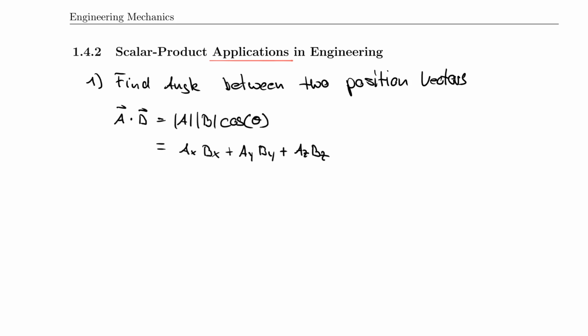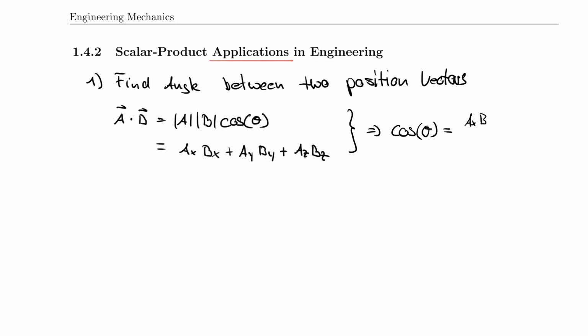So I can set them equal and really solve for this angle. All I have to do is bring these over to the other side so that the cosine of theta is really equal to